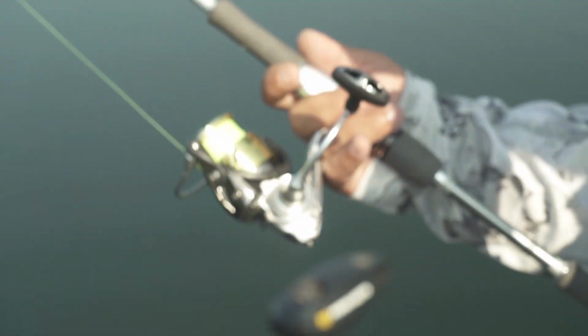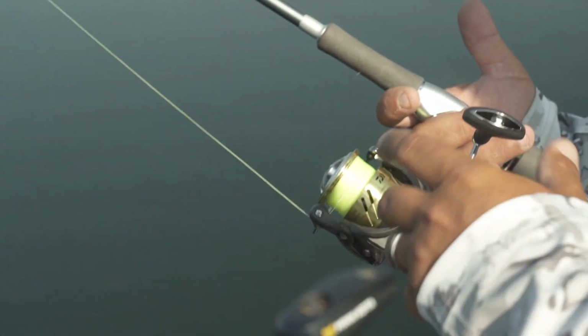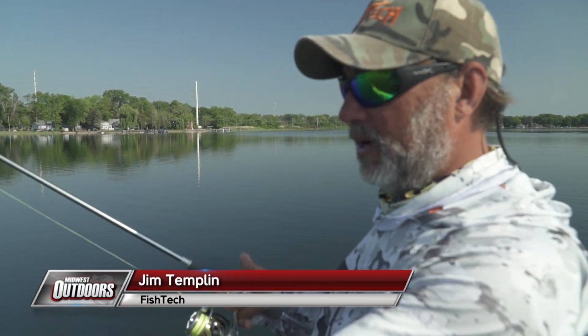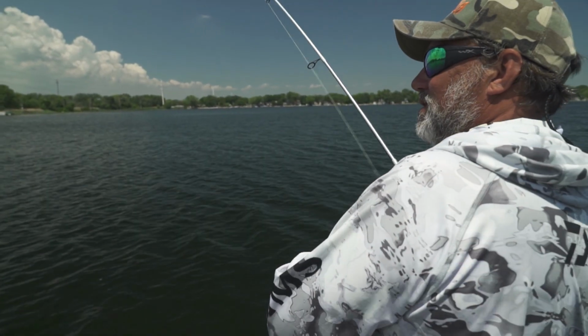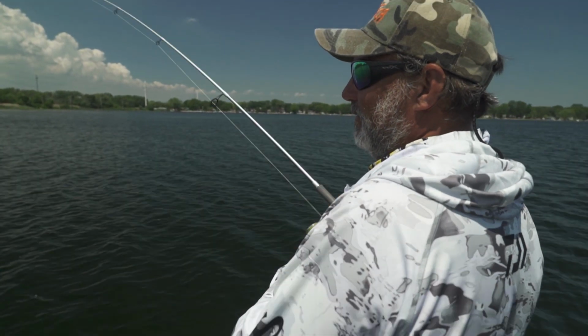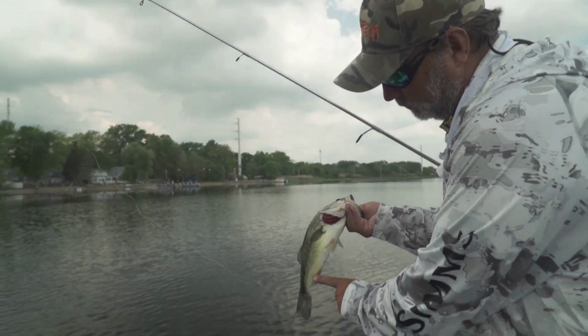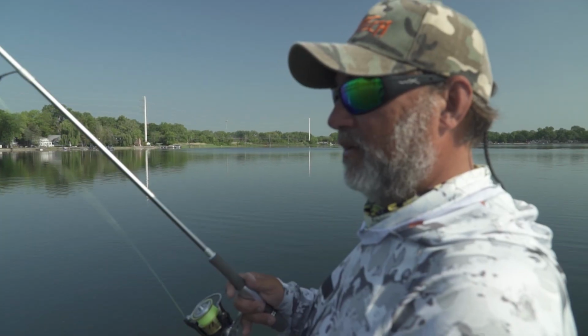So on all my spinning reels, I'm using Daiwa Procyon in the yellow color, and the yellow just helps me. I'm just able to see the line a lot better, and when I'm guiding too, I can watch my clients if they have a bite. Usually I can tell that they have one before they know that they even have a fish on. But you can see the visibility when it hits the water. So if the line starts to move left or right or whatever, and you know you got a fish on,